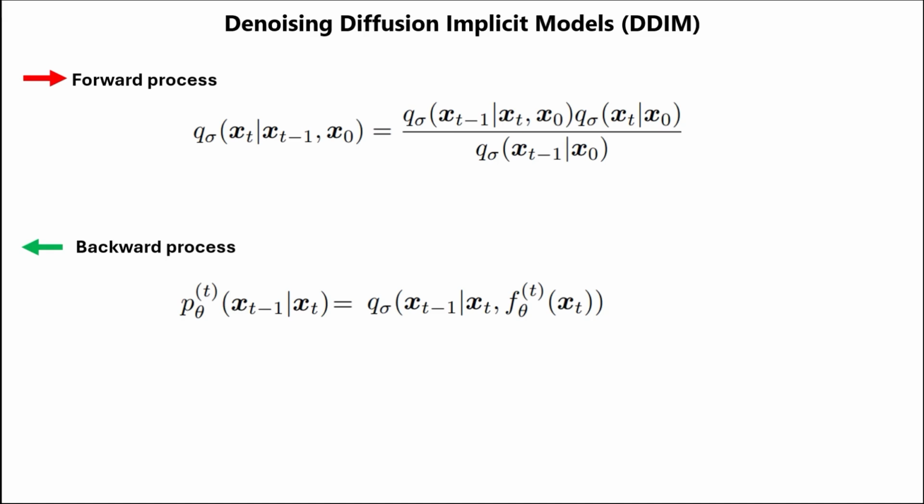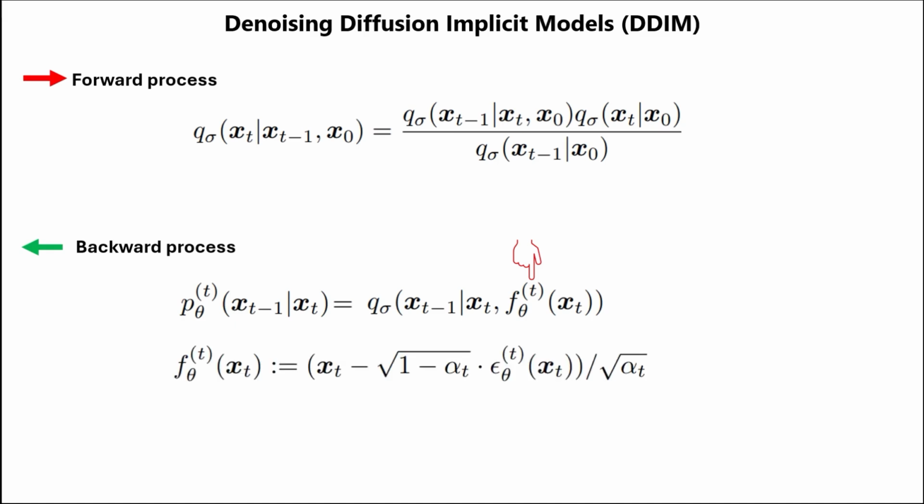And about the backward process, our neural network should estimate the q xt minus 1 given xt and x0, but since we don't have the x0 at inference time, we also estimate it using our neural network. But you might say our neural network only predicts noise, and you are right, but once we have this noise, we can reach x0 from xt in a single step. So intuitively, our neural network at each time step t should have an estimate of the ultimate x0, possibly with large errors as the task is challenging, and then it returns back to xt minus 1 and denoises it again, but this time, since xt minus 1 has less noise,